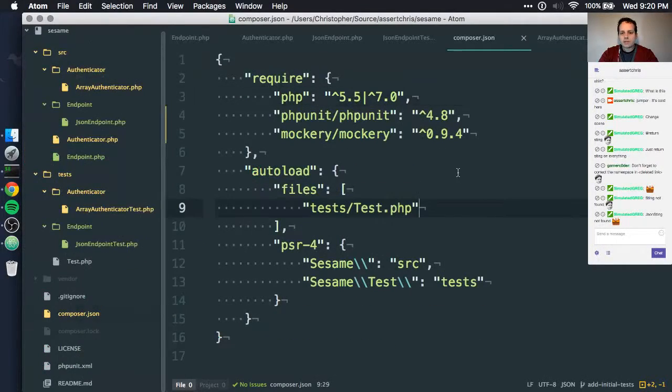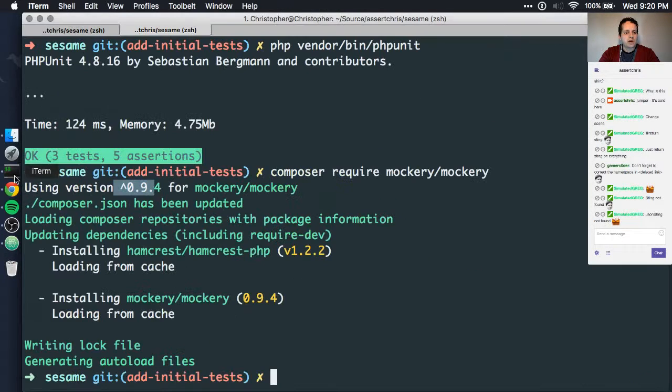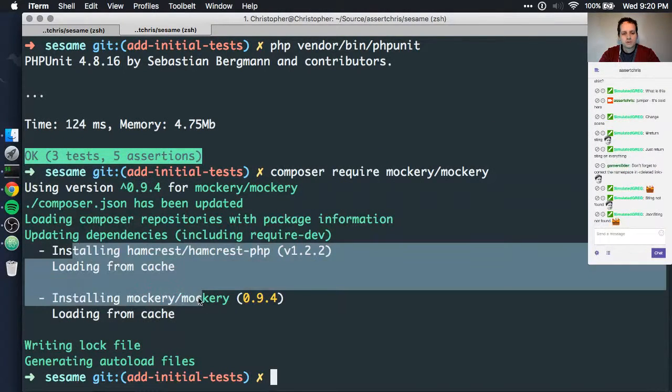Now remember what I was saying about semver? This code here says that every time I do a Composer update, it will install 0.9, any minor and patch version. That's what this caret symbol means here. So until version 1, it'll install every minor and every patch version, which is pretty cool. I'm going to delete the .4 because I don't really want to specify that. I just want to have a major and minor version as minimum. Okay, so it's installed this stuff.